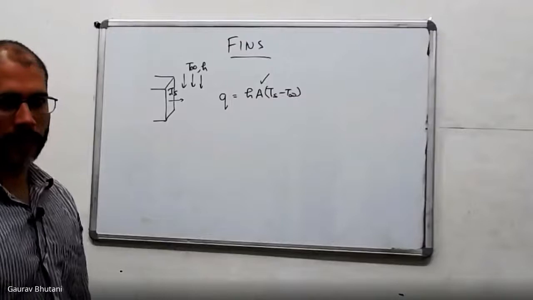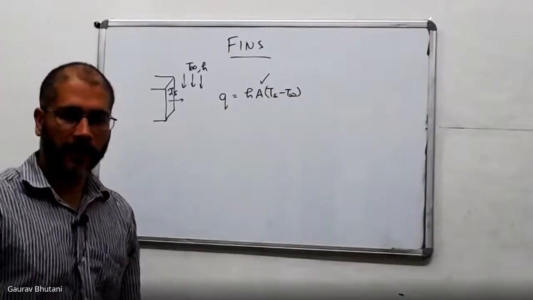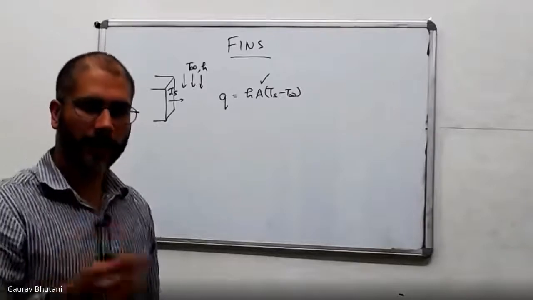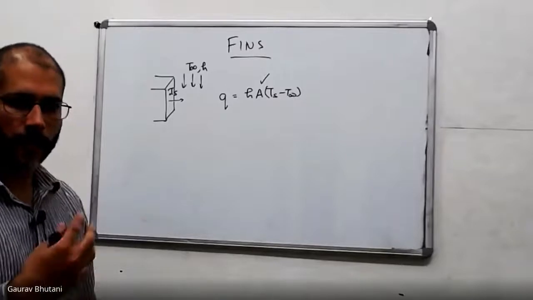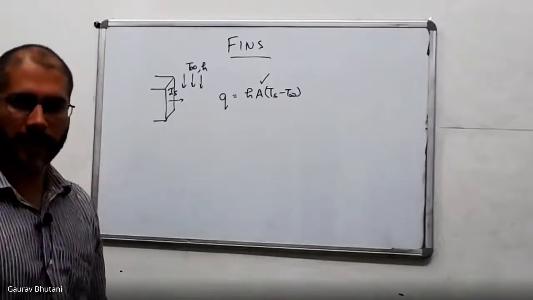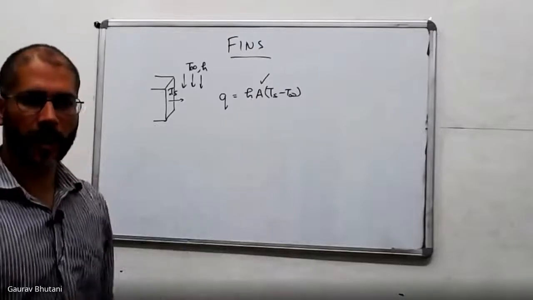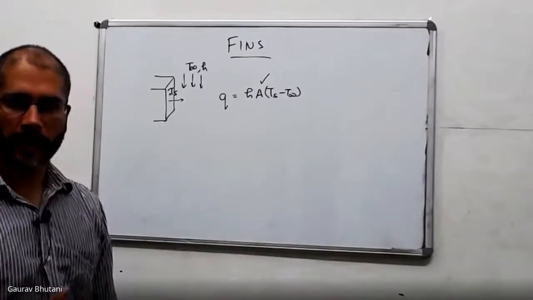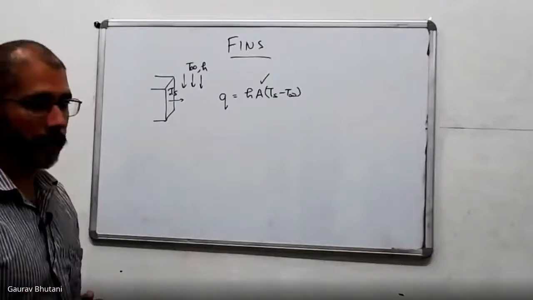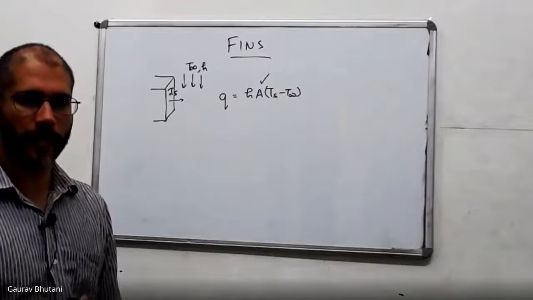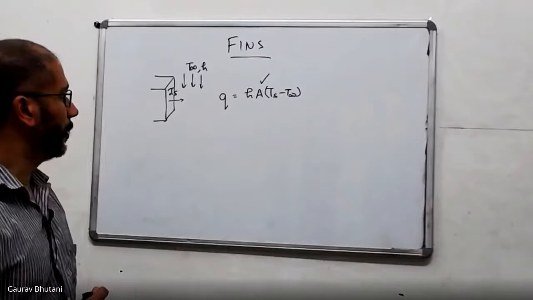In many situations, h and T infinity are not in your control. T infinity is the cold fluid. When your car is moving, you're using the ambient temperature to cool it down, so that temperature you can't control unless you use a coolant. The temperature of the air is fixed. Then h is a property of many things, so you don't have a lot of control over h, because it's a forced convection situation when the car is moving. So h is again something that you can't control, or at least not in a very strong sense.